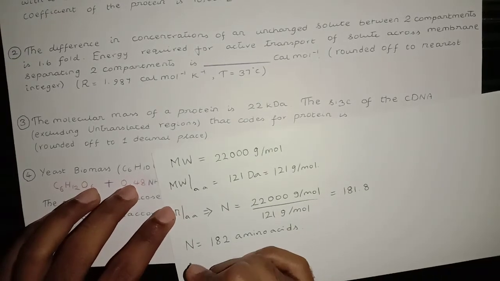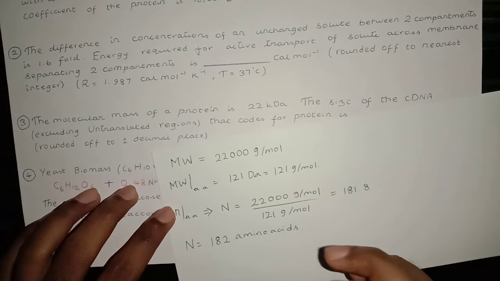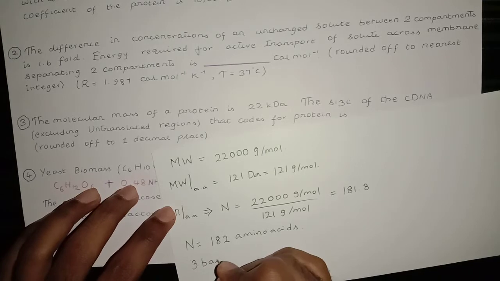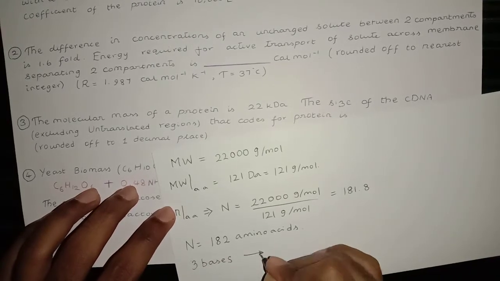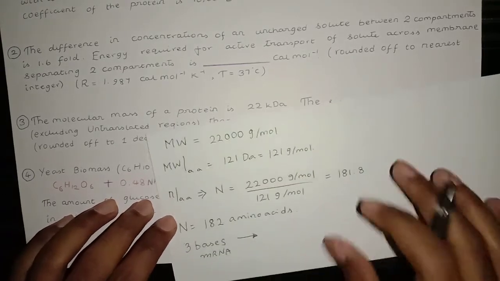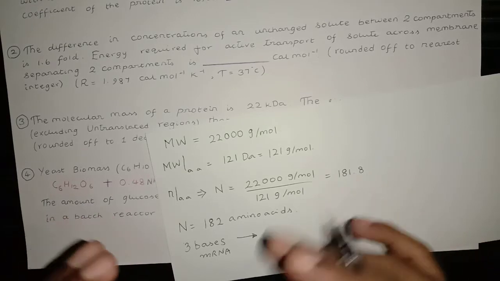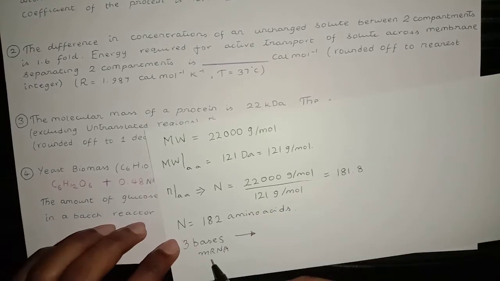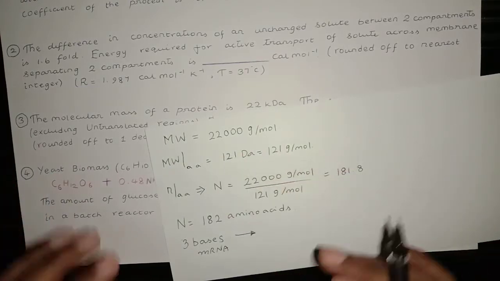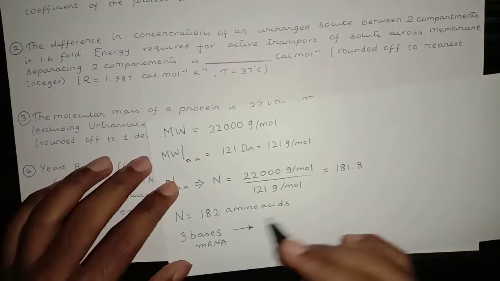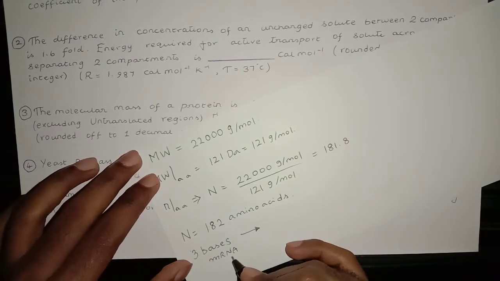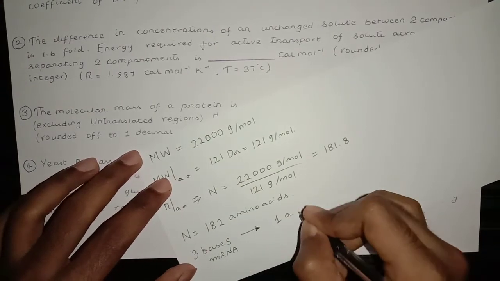And we know a triplet code gives rise to one amino acid, that is 3 bases in the mRNA, the codon, fits to the ribosome, and due to complementarity between the codon mRNA and anticodon tRNA, the corresponding amino acid would be inserted in the ribosome machinery by the process of translation. So 3 bases of mRNA will give rise to one amino acid.